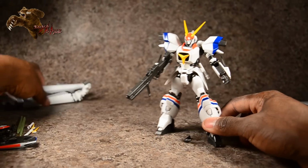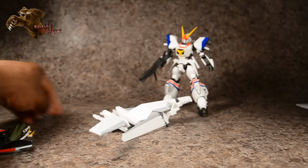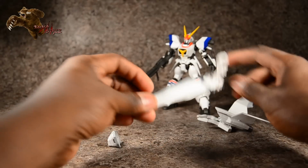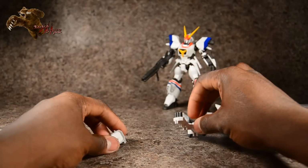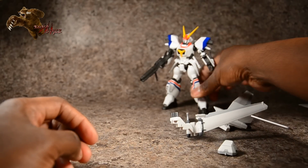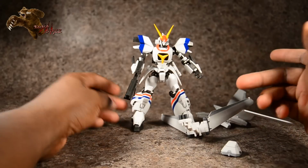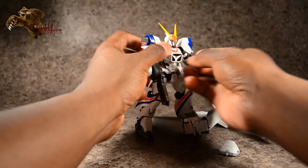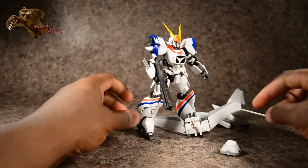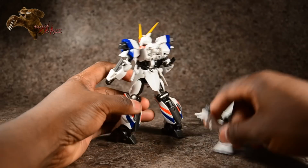I'll go ahead and bring that to the forefront now. Get that out of the way. It comes in 3 pieces. Okay? The top wings, the bottom wings, and the chest piece. It looks a bit cumbersome, but I mean, it takes not even a minute to put together. So let's go ahead and do that right now. Alright, so we just pop that triangle piece off the chest. Okay. And this